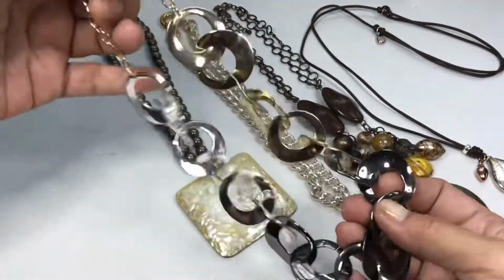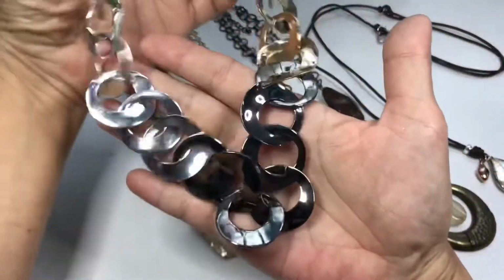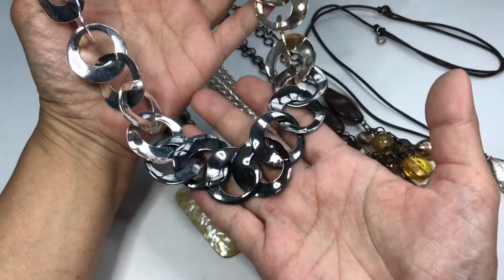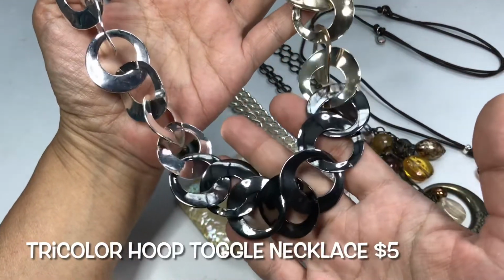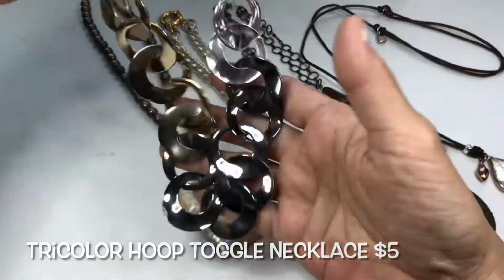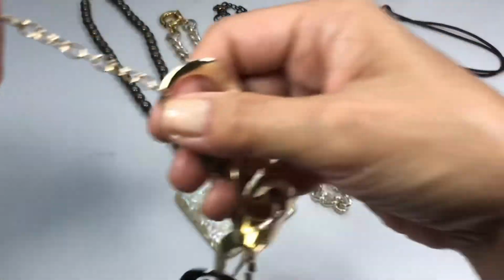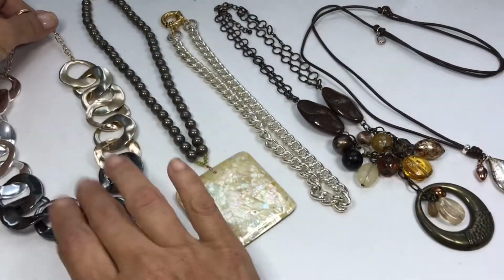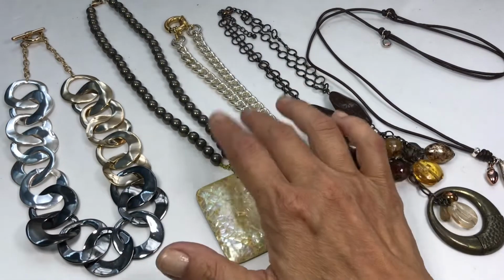There's the toggle. These chains, I mean, these hoops, are not light, but they do need some polishing. This has a 7.5 inch drop, and this is pretty fun. I like it. This next one,